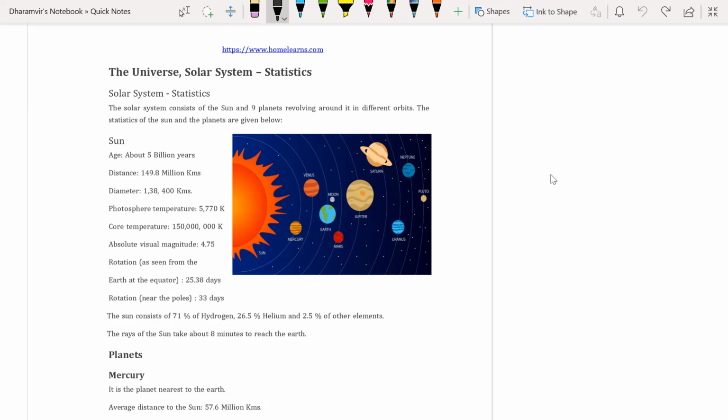So in our solar system, our host star is the sun, and other planets are revolving around this host star. What are the other planets? Other planets are in the planetary system located in an outer spiral arm of the Milky Way. Let's see the picture. As you are seeing in this image of the solar system, there is a sun,